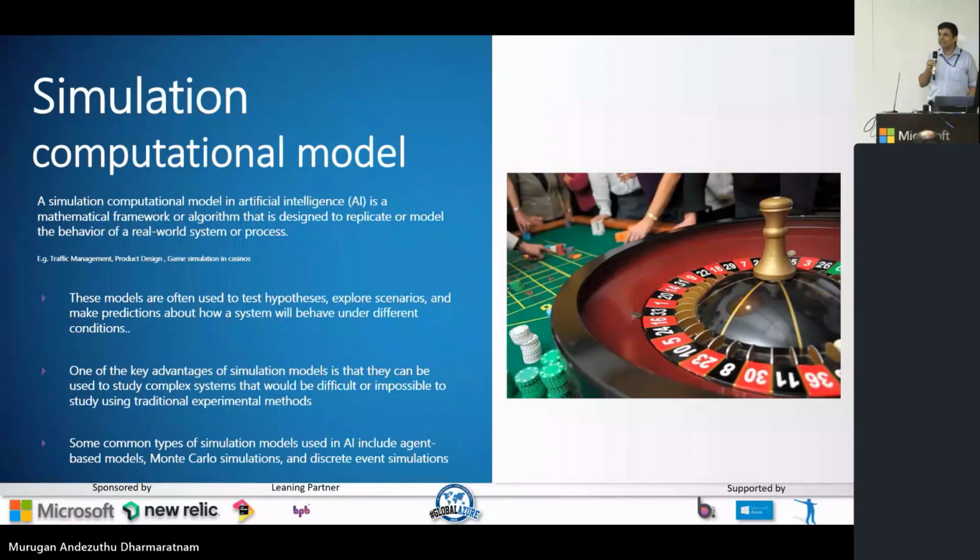Those variables, you can simulate it before you actually build the product, right? And again, if you see on the right side, there is actually a roulette, right? So simulation models can also be used in casinos, right? This is used by casinos to figure out how much money they will make. For example, in this case,